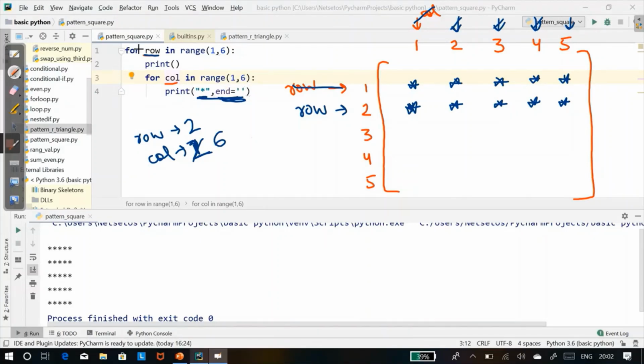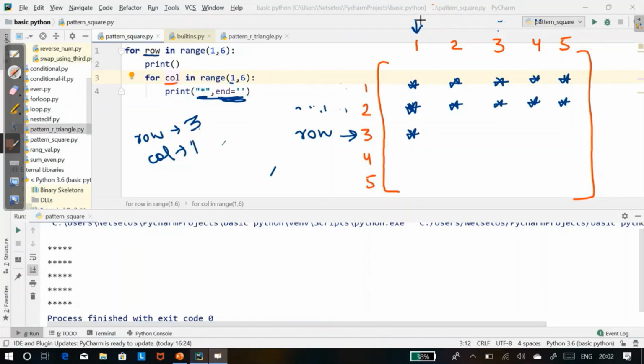So it will come outside the loop and here row will be, I should clear it up. And here row will be third. And so it will go here to row and it will go inside and it will ask to change the line. So we will go here. And then it will say column 1. It will repeat for column 1, so column 1 print star. Here we will print star.